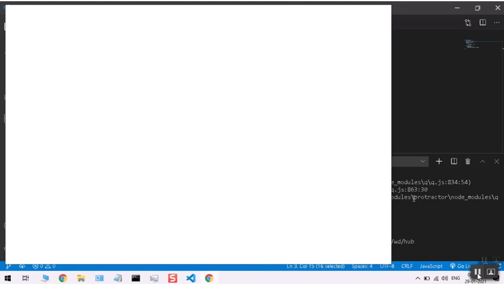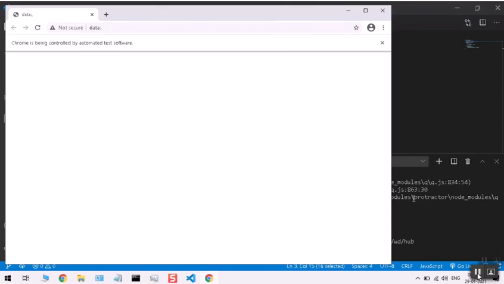The browser is launched. Then the website should also be loaded in the browser. Then whether the given web element is available or not has to be validated.